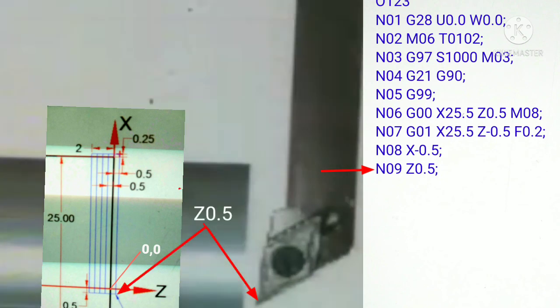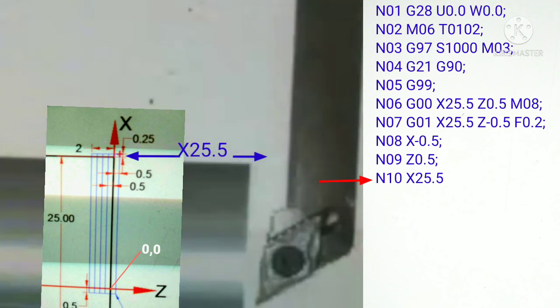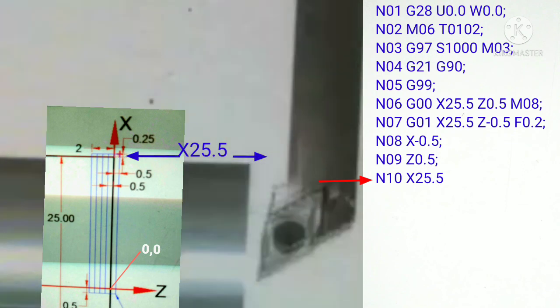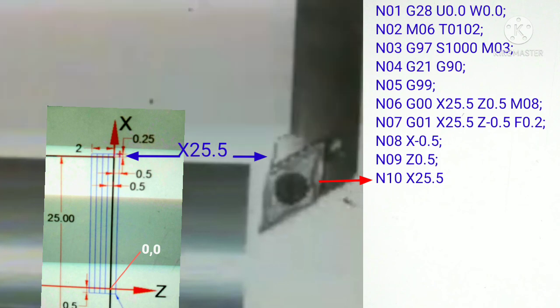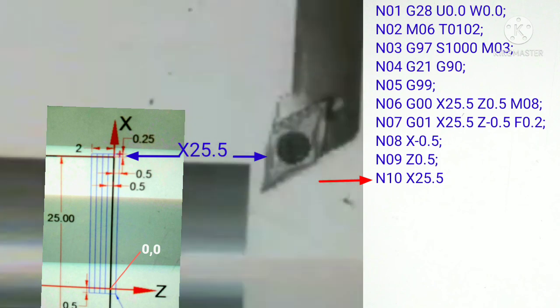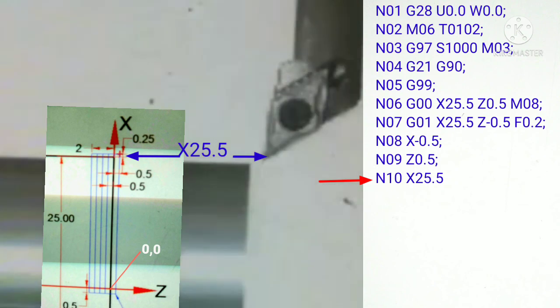The next sequence number is N09, where we write Z0.5, and for this the tool will move 0.5 millimeter forward along the Z axis, and after that we use a semicolon to end the block. The next sequence number is N10, where we write X25.5, and for this the tool will move upwards along the X-axis. Here we see that the tool will move to its initial position after each cut and wait for the next action.